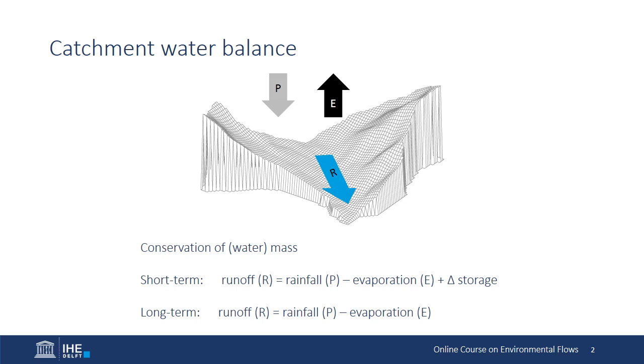For the short term, the runoff is defined as rainfall minus evaporation and storage change over time, meaning variations in groundwater storage and soil water storages. But for the long term we can neglect these storage changes and we can define the runoff being the rainfall minus the outgoing evaporation. The big question now is, how is that runoff generated? How is rainfall falling in that catchment being translated into the integral information of the catchment responses at the outlet point?